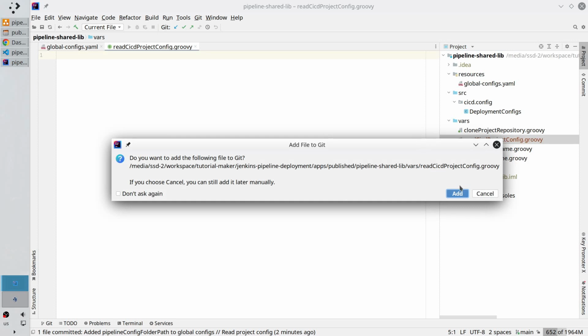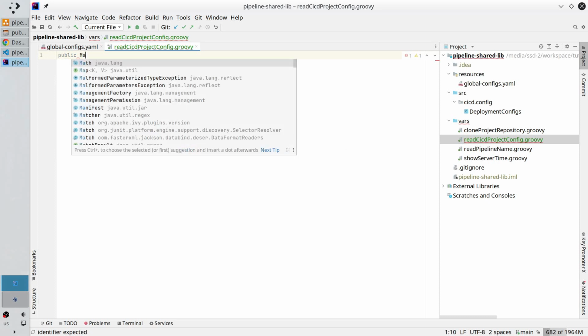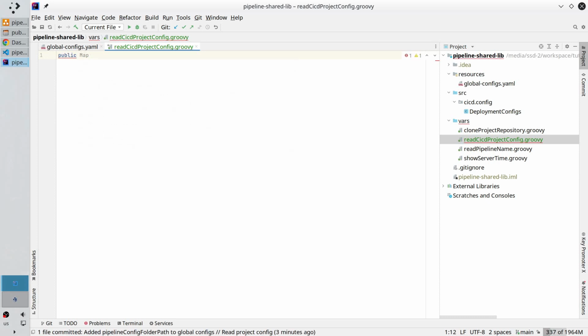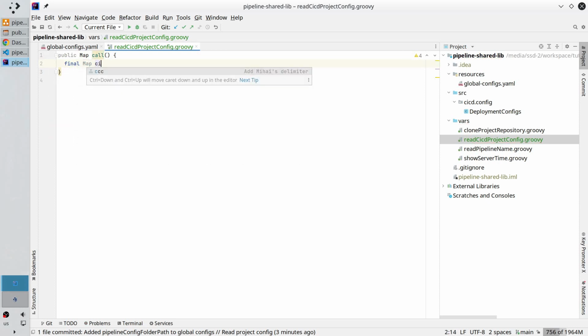Add the file to Git and start writing. The first thing, the method will be public. I know it will return a map. And the method name, it must be call, it is mandatory. And write the body. Final map CI/CD config map